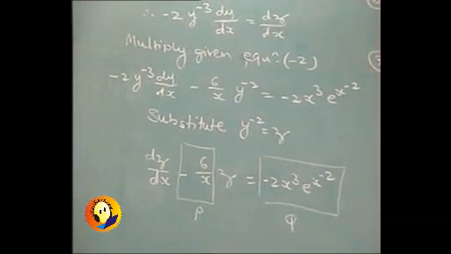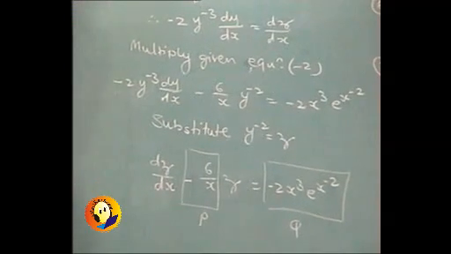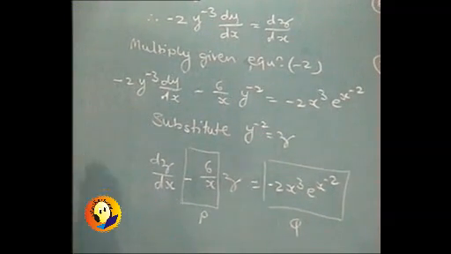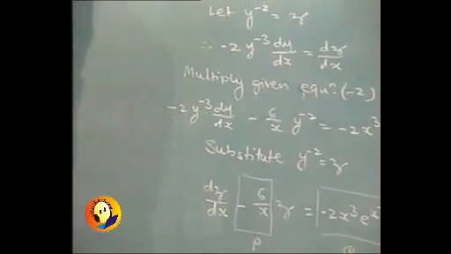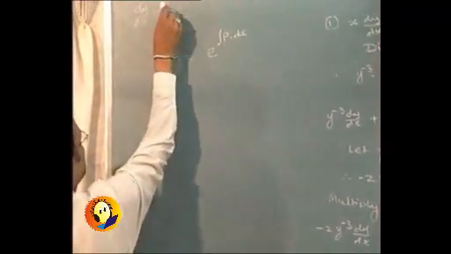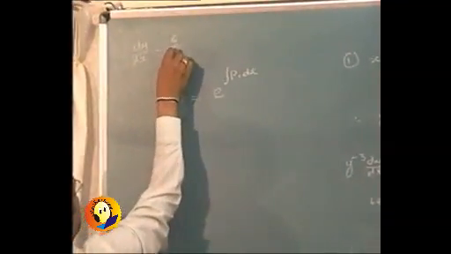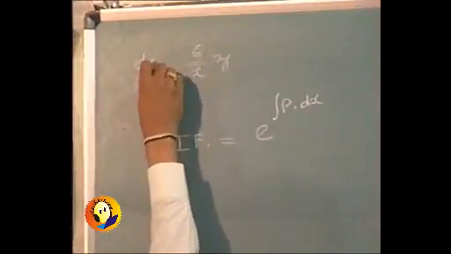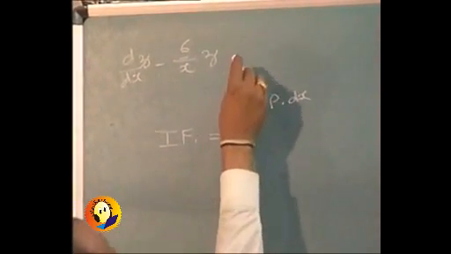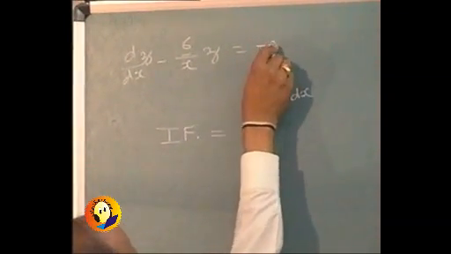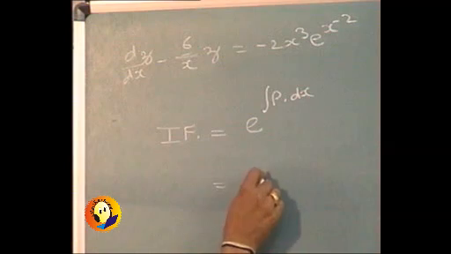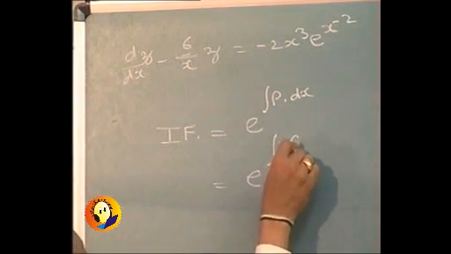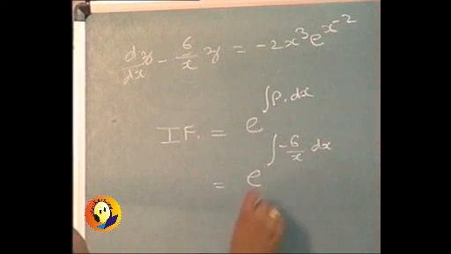Integrating factor for this particular equation by the formula is e raised to integral p dx. The form that we have got was dz by dx minus 6 upon x z equal to minus 2 x cube e raised to x raised to minus 2. And so as we substitute p, it will be e raised to integral minus 6 upon x dx,